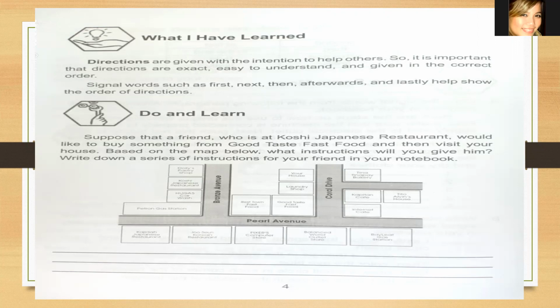Okay, so syempre children, using the signal words. Katong first, next, then, afterwards, or lastly. Ikaw na bahala as long as you're able to give them correct, exact, easy to understand instruction. Okay, so remember this is performance output, so you have to do it on your own. Okay, next,